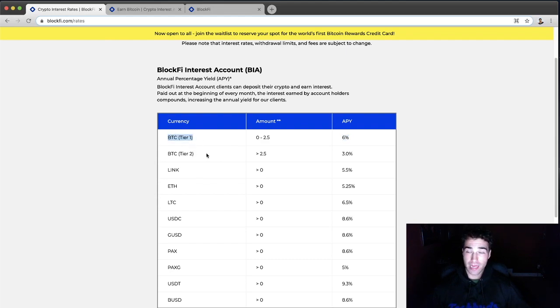Now, let's say you guys aren't too invested in cryptocurrencies and you don't really fully trust them right now. They're actually paying you interest for a USDC coin, which is basically pegged to the US dollar. So for example, one USDC coin is equal to $1. Two USDC coins is equal to $2. So if you guys just want to have basically US dollars in BlockFi and earn interest, you can